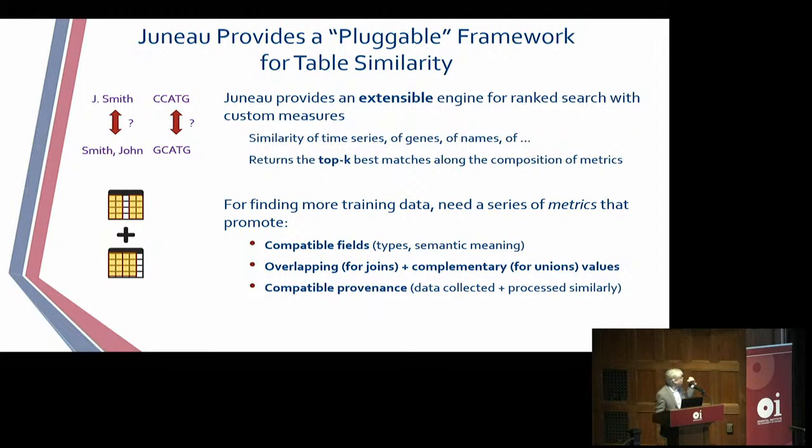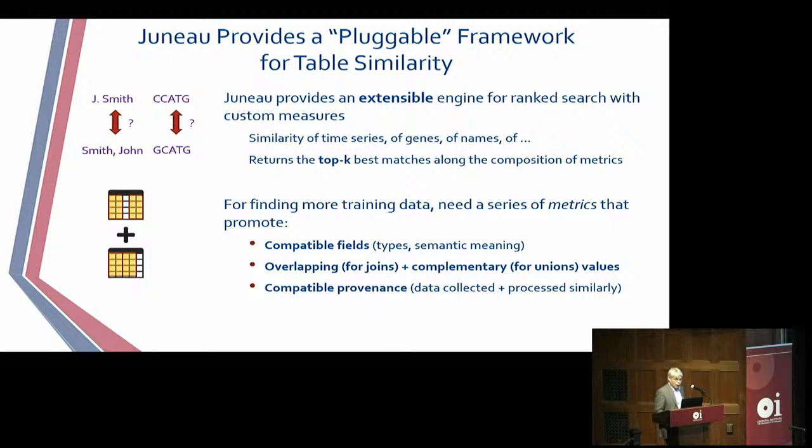So it needs to be extensible. I already described there are a bunch of different reasons you want to look for tables, and a bunch of different building blocks that have to go into deciding whether tables are related. Once you can find related tables, you can also find related code that created those related tables. So I'll describe, at a 37,000-foot level, 3 of the key things we have to look at if we're trying to find additional training data, which is to say more rows to complete